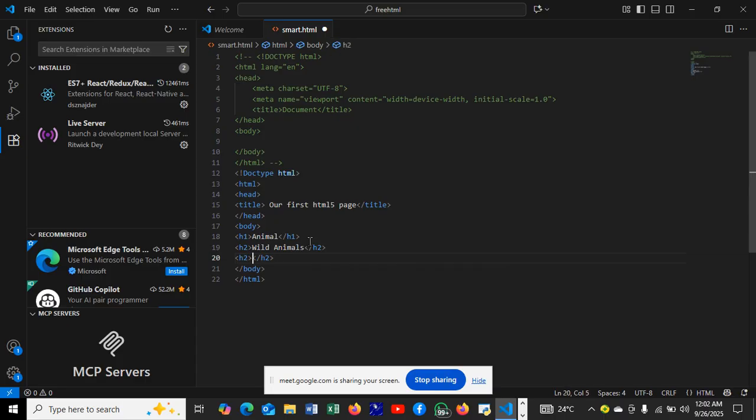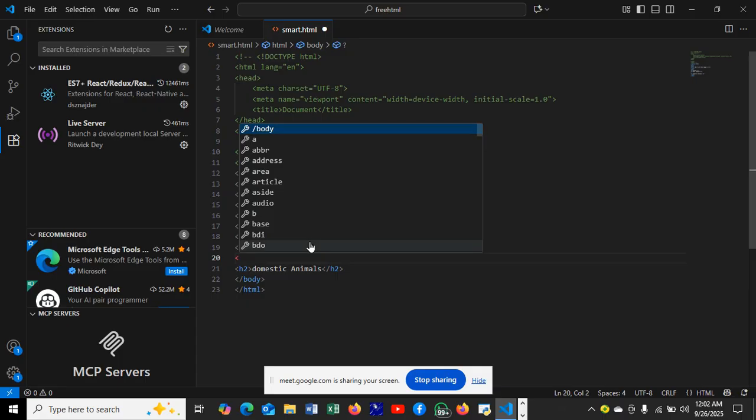So if you notice this now, these wild animals and domestic animals, they are of the same thing. Then h3 now is the sub of h2. So you can say h3 now. We can just write h3 inside h3, we can just do it this way,